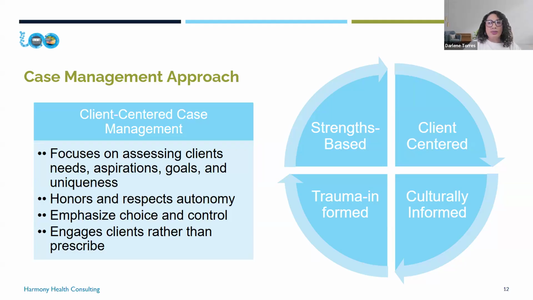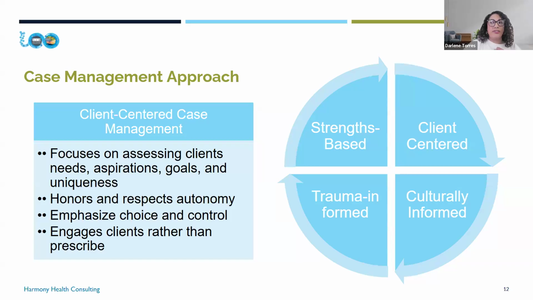Emphasizing choice and control. So this is really important for this work because clients who have experienced systems that have limited their control of their decision making, like welfare or corrections, or someone who's dealt with some medical trauma, they are going to feel like they don't have control, and that's going to cause anxiety.